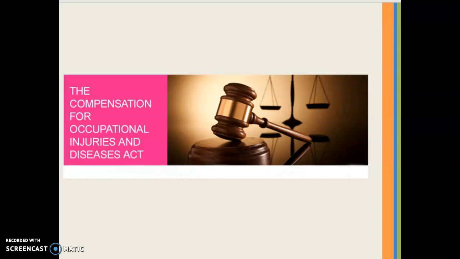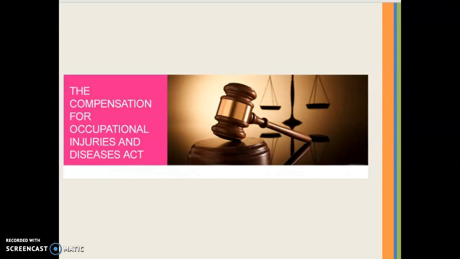The contribution payable is reviewed every few years according to the risk associated with the type of work that is done. So if your work is sitting behind a desk versus having to climb scaffolds, the one where you're climbing scaffolds is a lot higher. The risk is higher, so the payment that the business has to pay is going to be higher. All employers are obliged to register with the compensation fund so that employees may be compensated for accidents and diseases sustained whilst in the workplace.